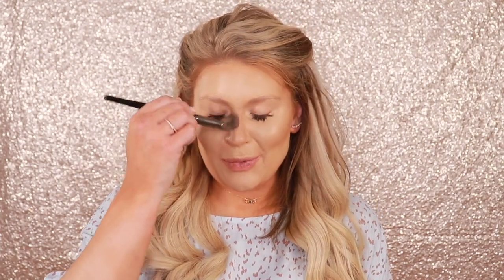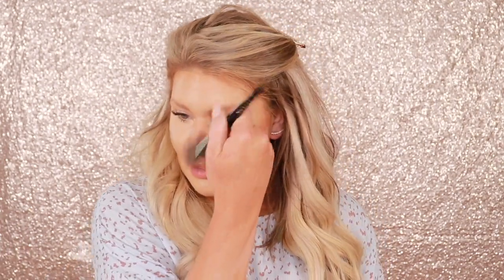I probably need a different brush, but I just feel like it really makes it blend nicely. You don't have a harsh line on either side of your nose, and it just looks very natural. And really, when we contour, we want it to look natural. We don't want it to look like we actually contoured, you know? So, anywho,